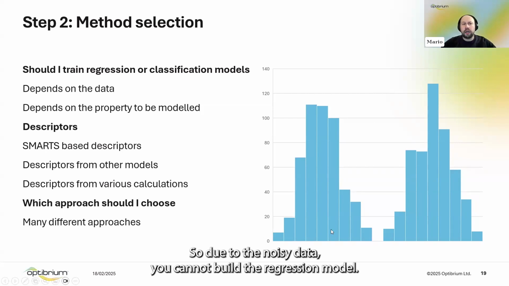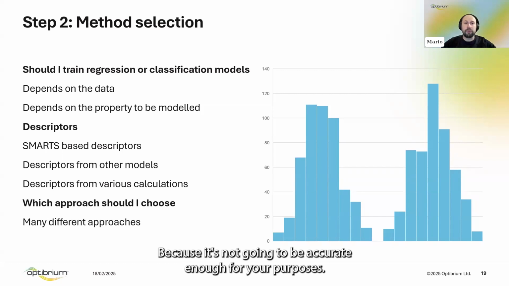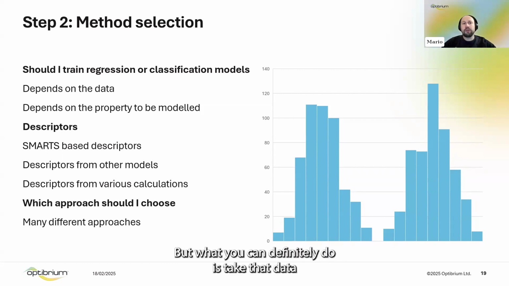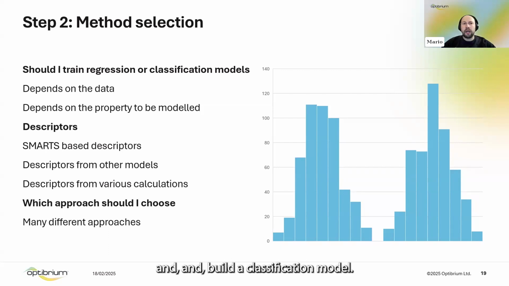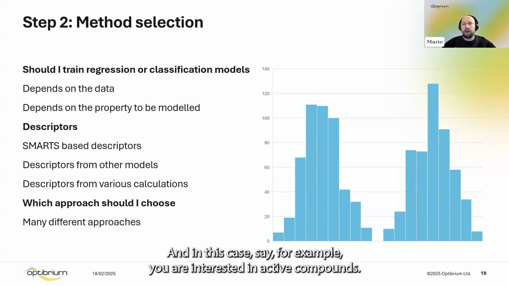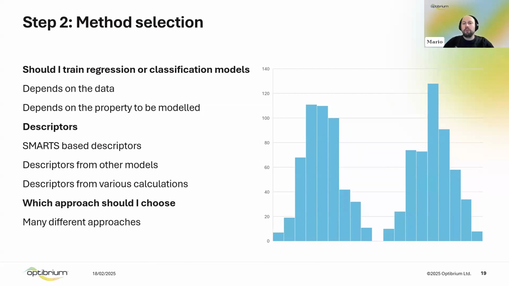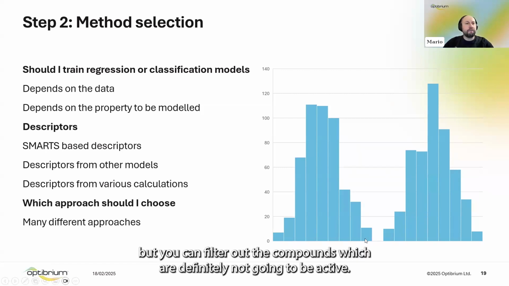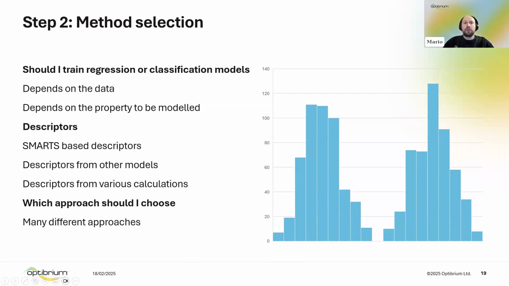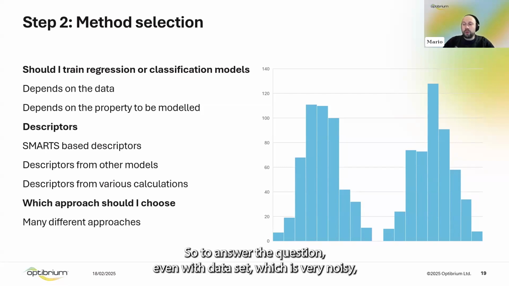So due to the noisy data, you cannot build the regression model because it's not going to be accurate enough for your purposes. But what you can definitely do is take that data and build a classification model. And in this case, say, for example, you are interested in active compounds. You cannot predict how active your compound is going to be, but you can filter out the compounds which are definitely not going to be active. So to answer the question, even with a data set which is very noisy, you can still squeeze out useful